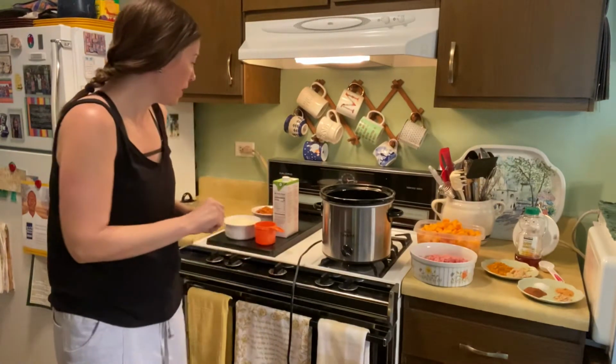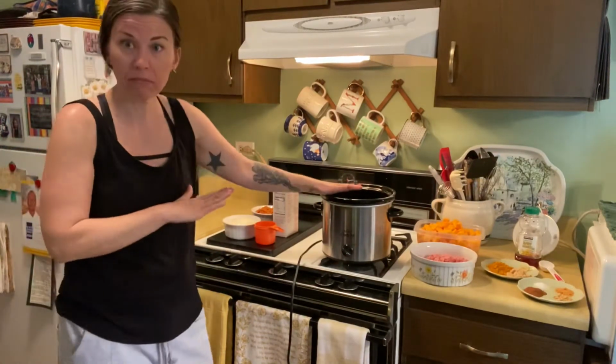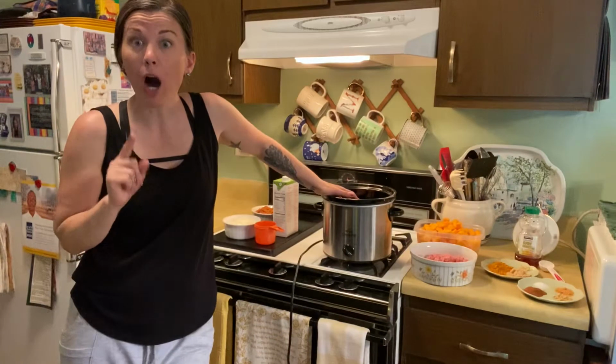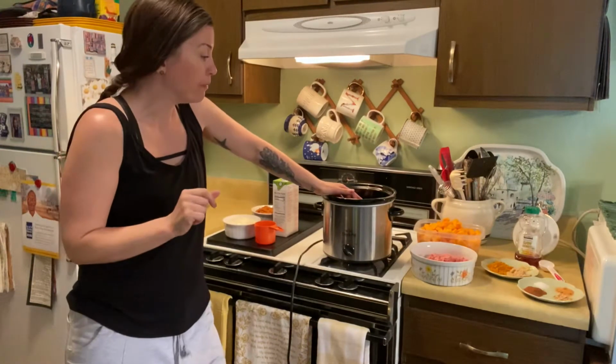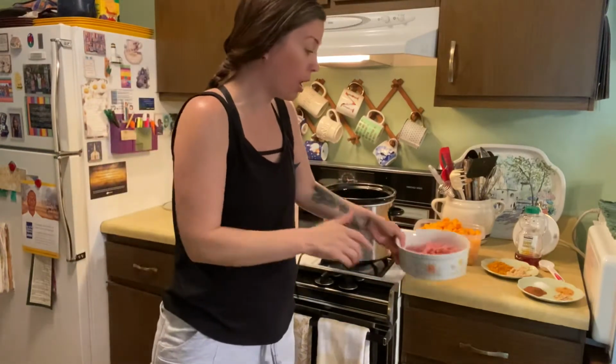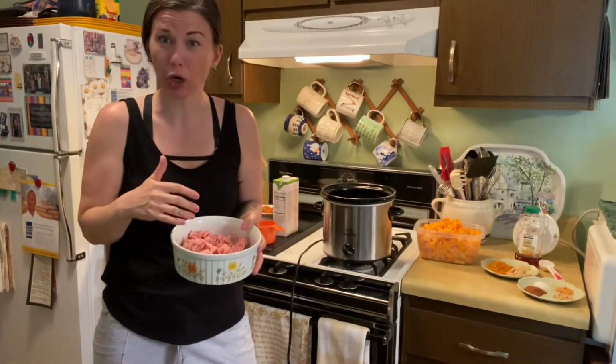Okay, so we are gonna get started putting together this recipe. You guys, crock pot, because we love the crock pot. Cooking it on low for 5 to 6 hours, okay? First thing we're gonna do is put in our ground meat. You can use any meat on this one. I'm actually using turkey because